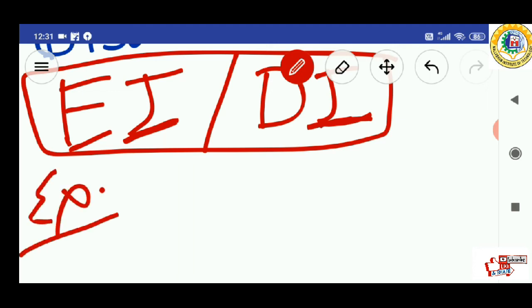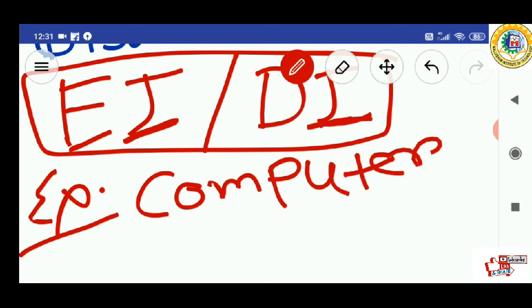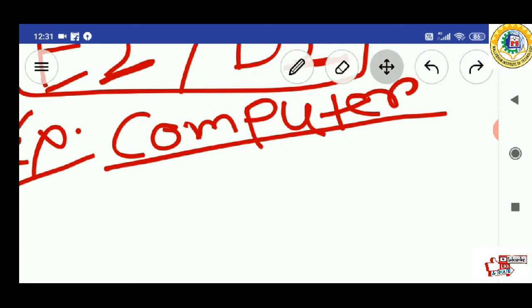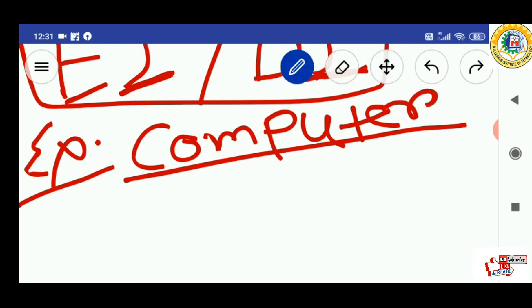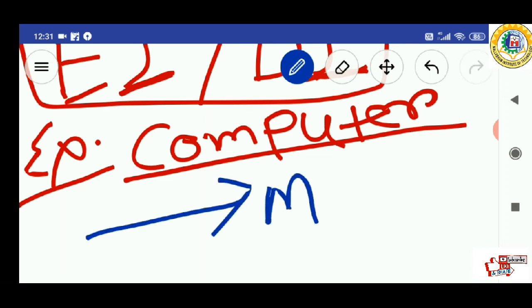Suppose your computer is running and you are performing some kind of function, and suddenly you press a key on the keyboard or move the mouse anywhere, then the processor's attention immediately goes to the mouse or the keyboard.